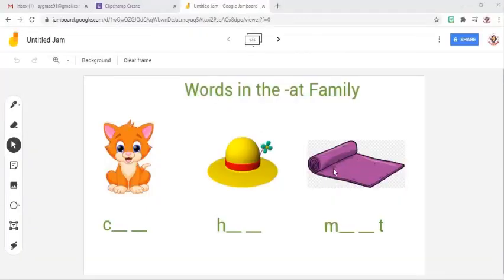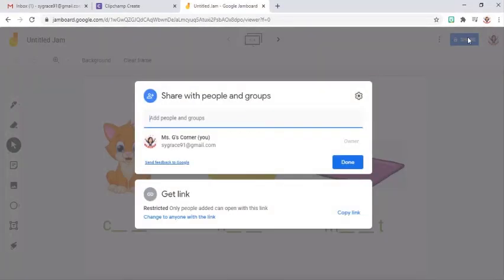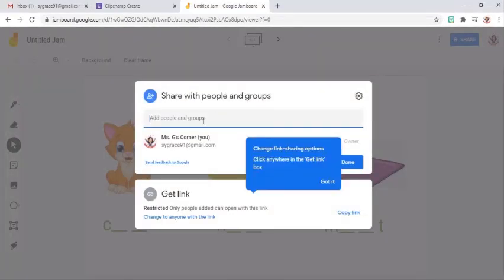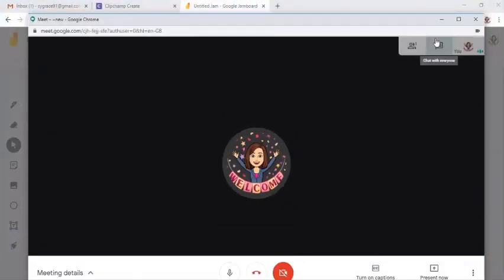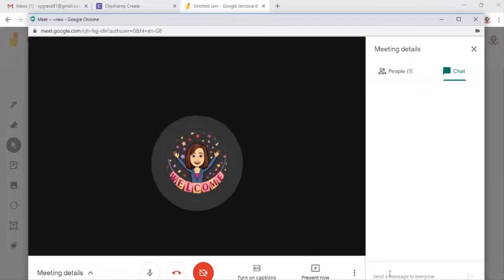Now, what about when we want our students to interact with us while we are presenting this activity? What they're going to do is just click on share. You can add people here or groups, or you may also copy the link and then send this one to your students using your chat box. So just send the link,